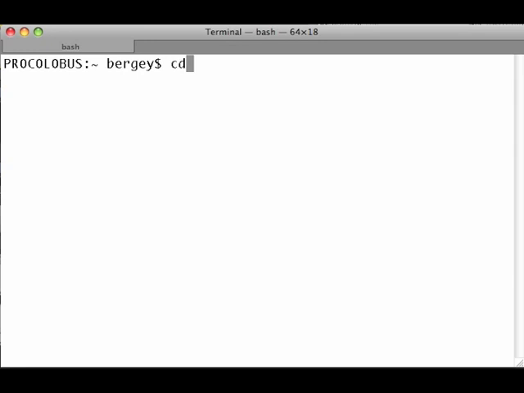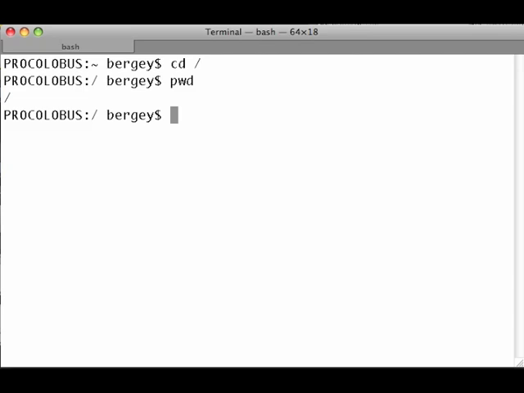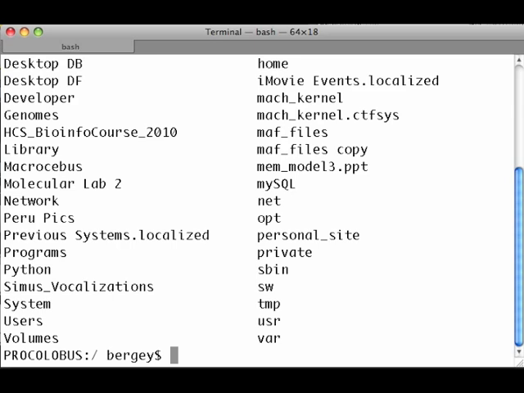You move around in Unix with the cd command. cd stands for change directory. Let's say I want to move to the root directory. Remember, root in Unix is represented by a slash. To change to the root directory, I type cd space / and then return. Now a quick pwd shows that we're in the root directory, and an ls shows the folders and files located